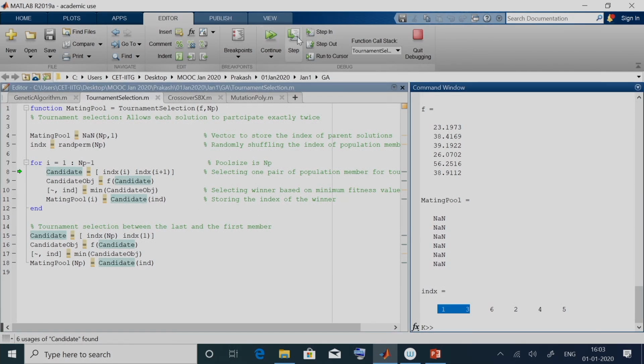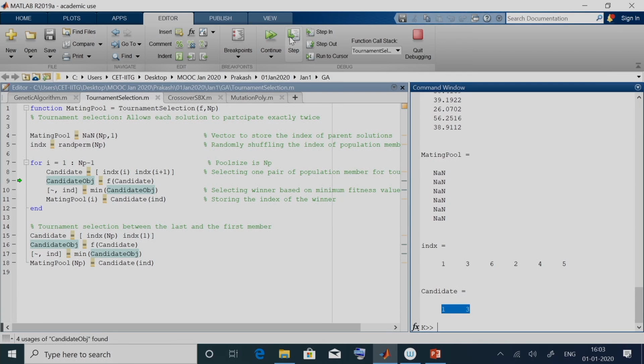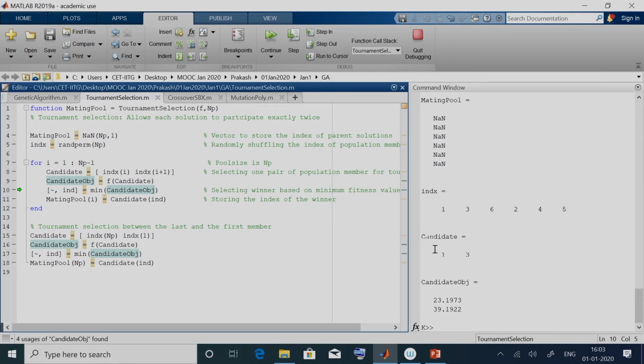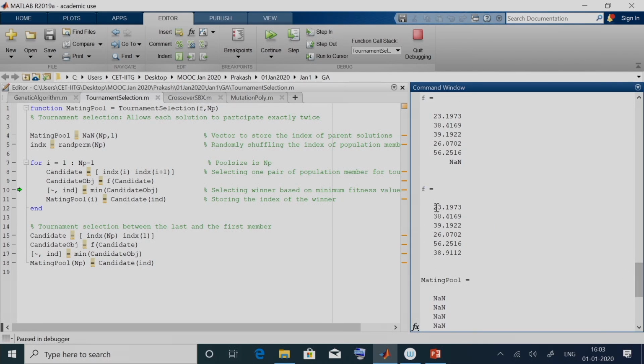If we see candidate, it has to be 1 and 3. These two are the candidates, the first solution and the third solution, but what we are interested in is the fitness of these two solutions. Line 9 will give that. Stepping over, the fitness function values were 23.1937, 38.4169, 39.1922.